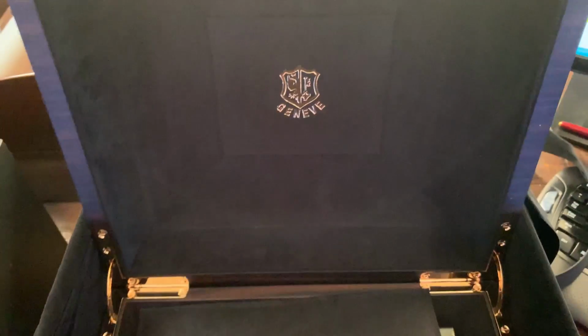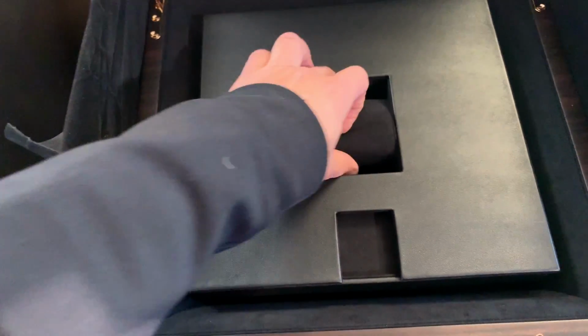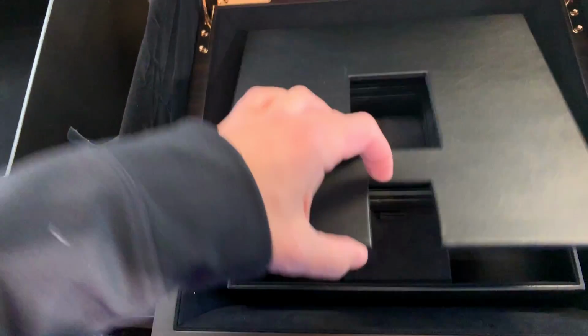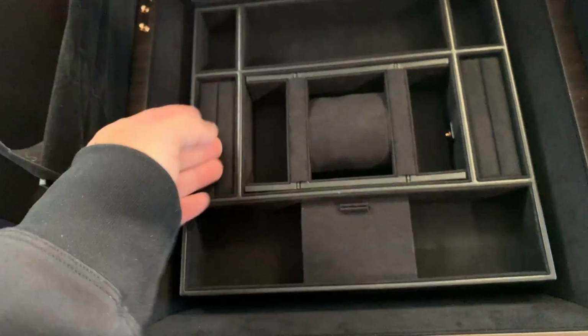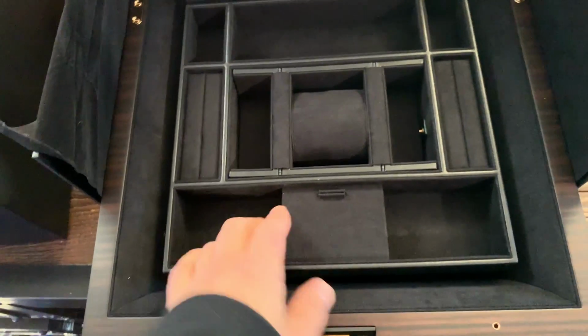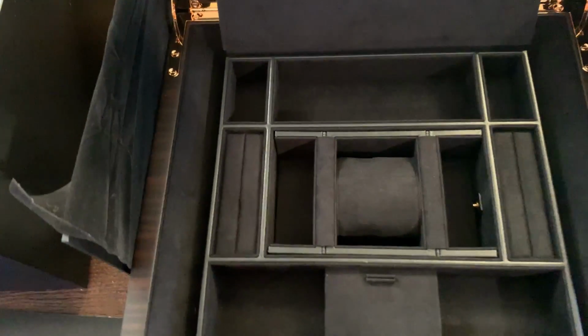I don't know if the camera can show that, or the leather that's on the inside. Right off the bat, you'll see this, which obviously is where the watch goes. But if I open this guy up, it's actually a jewelry box. You can store your cufflinks in here. You can store your wife's jewelry if you wanted to. There's plenty of storage space for everything and anything in the men's echelon of jewelry, whether it's ring, cufflinks, necklaces,